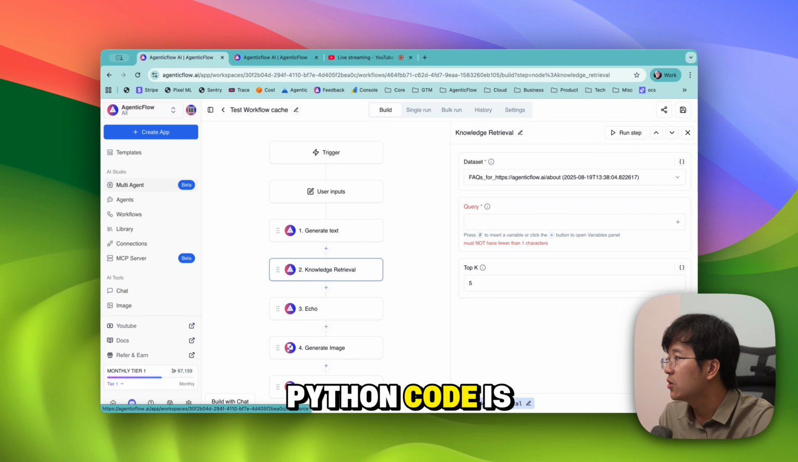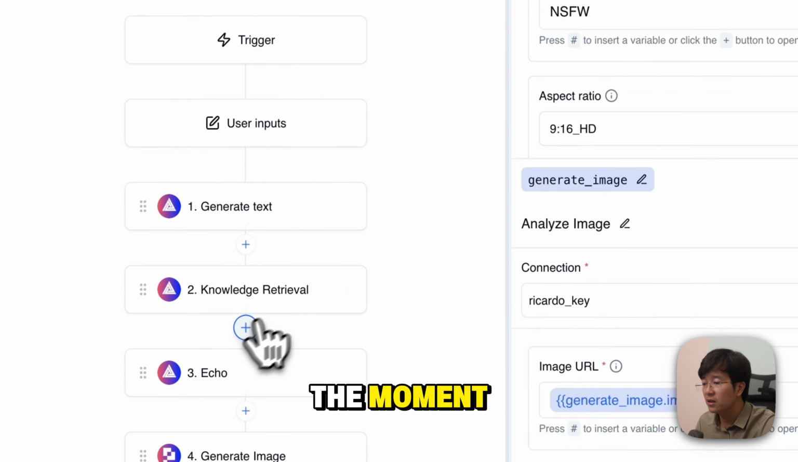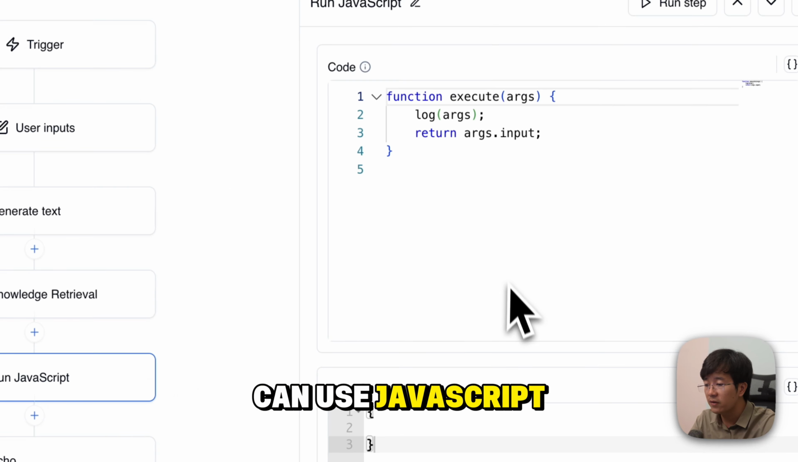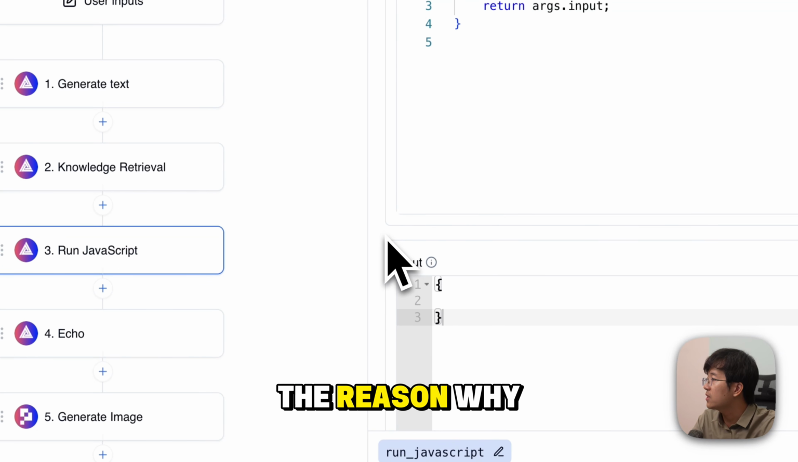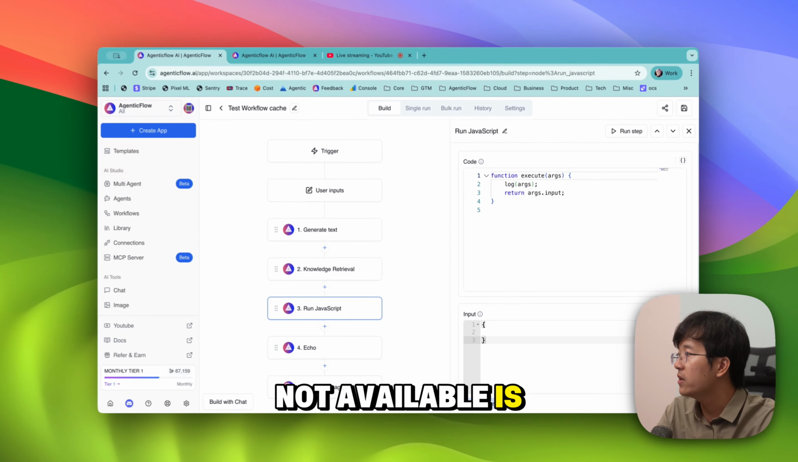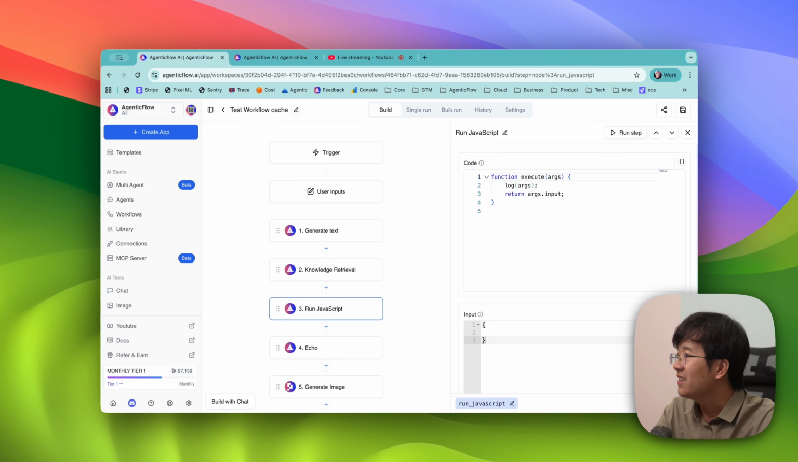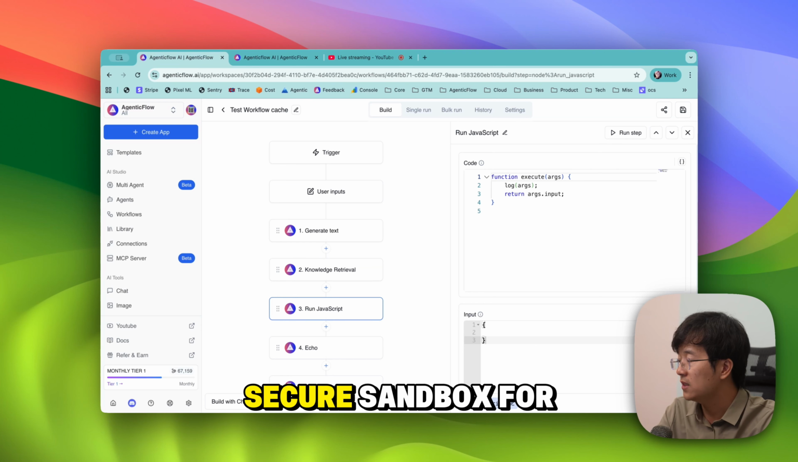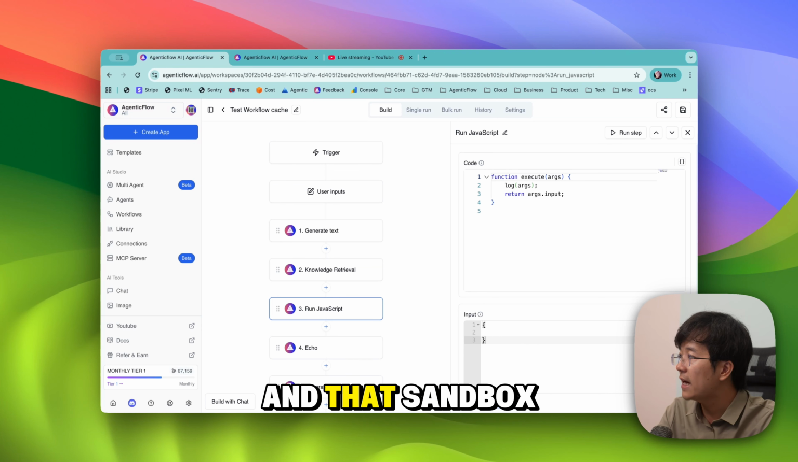So Python code is not possible at the moment. We only have JavaScript code in here, so you can use JavaScript code. The reason why Python code is not available is Python is quite dangerous. And when you are allowing code execution, you need a secure sandbox for that. And that sandbox is going to be provided by someone else,